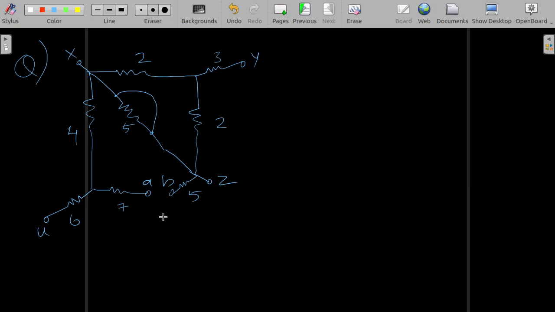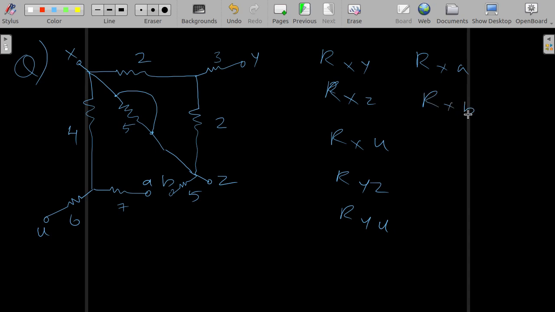This is Z, this is B. So the question is to find, as in the last problem, R_XY, R_XZ, R_XU, R_YZ, R_YU, and R_XA, R_XB, and then R_YA, R_YB, and then